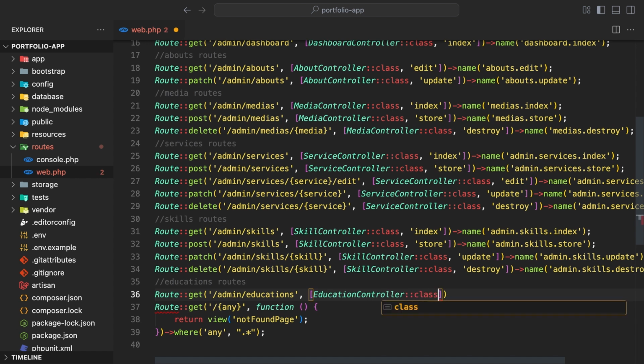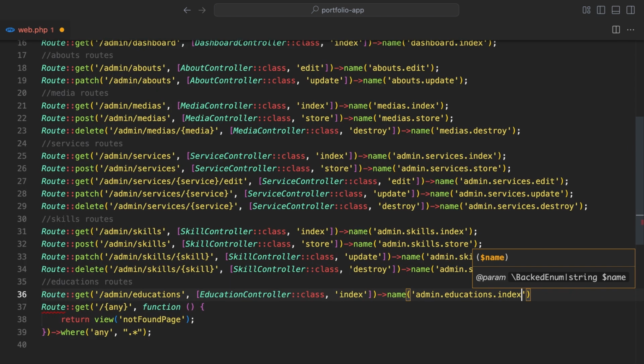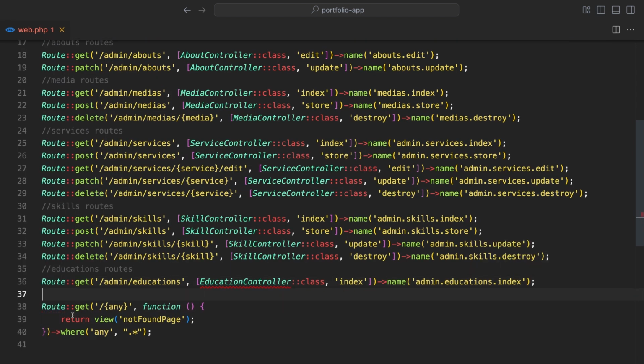In the education controller, create a function called index, and then the route name will be admin.educations.index. Alright, we haven't created this education controller,